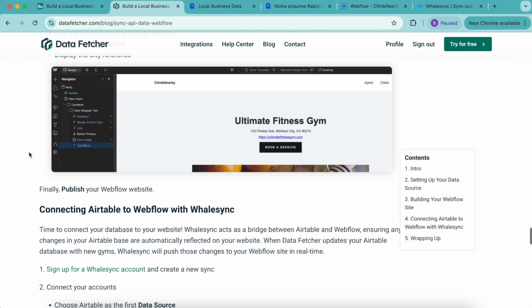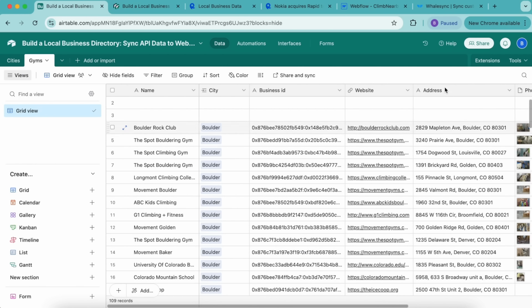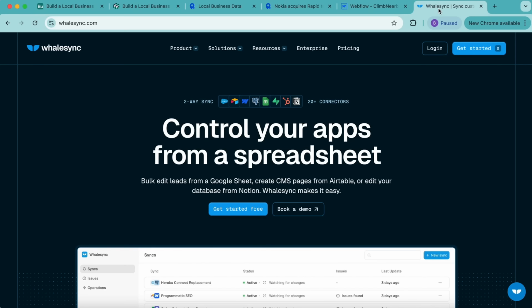So once you've done that and you have your Webflow website published, we're going to now connect our Airtable base to Webflow with WhaleSync. WhaleSync acts as a bridge between Airtable and Webflow, ensuring any changes in your Airtable base are automatically reflected on your website. So when DataFetcher updates your Airtable database with new gyms, WhaleSync will push those changes to your Webflow site